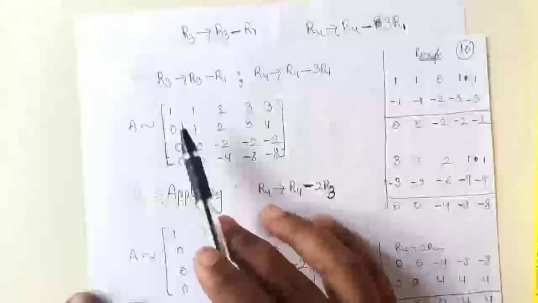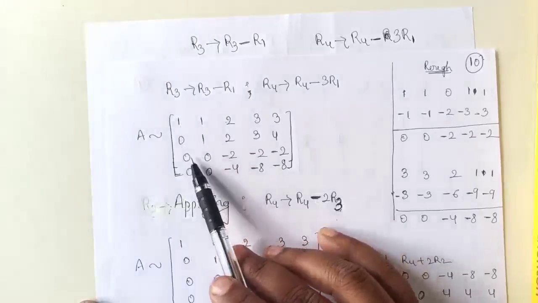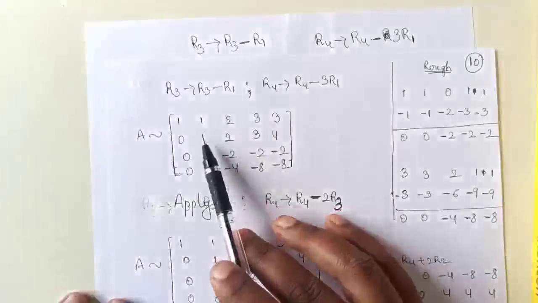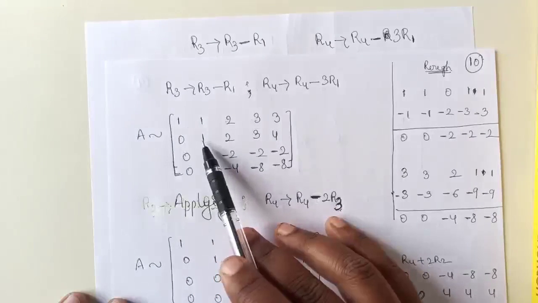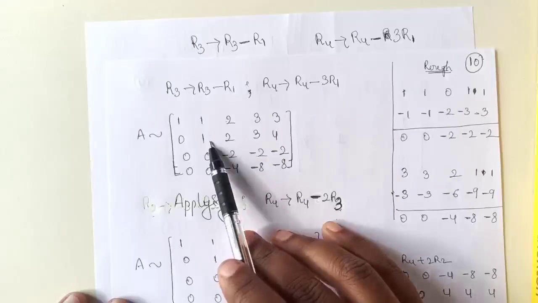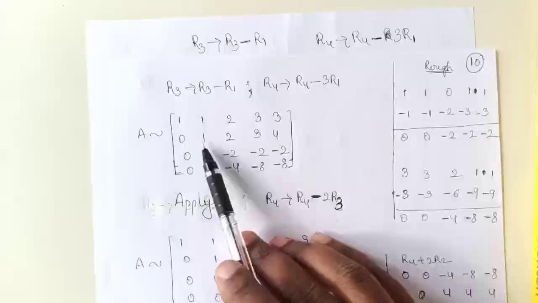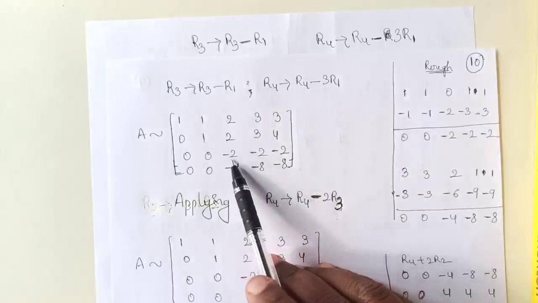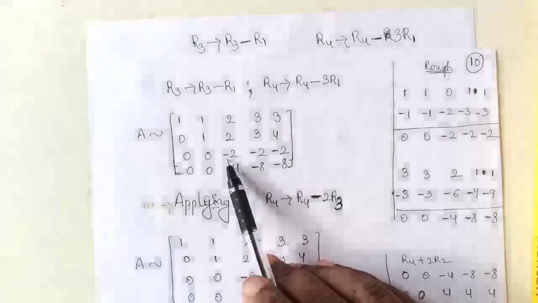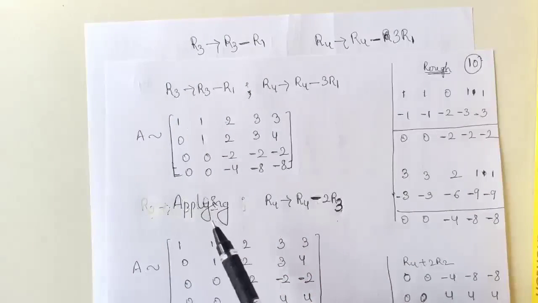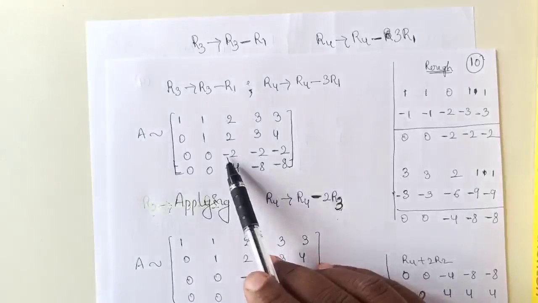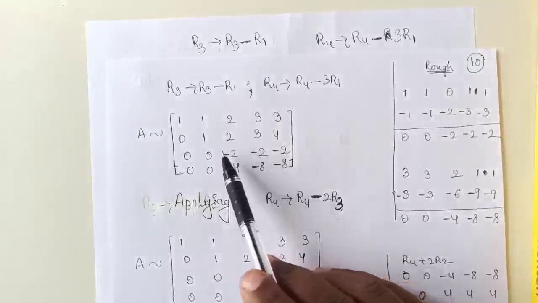See here, we have already done 1 0 0 0, so the first column becomes in the echelon form only. Next, come to the non-zero entry of the second row, which is equal to 1, and below this we already have 0 0. Now we come to the first entry of the third row. It is minus 2. So we have to change this minus 2. For that we can multiply this R3 by minus 1 by 2, or we can do this later on.